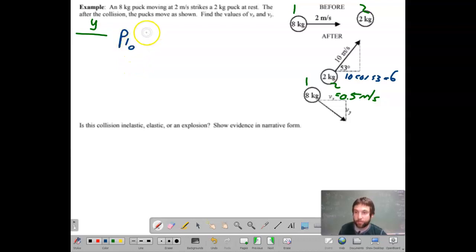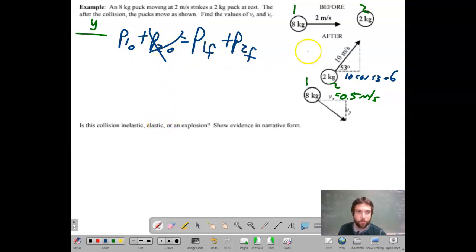So P1 naught plus P2 naught equals, and you can skip forward on this because it's the same exact thing that we just did. Just plug in your numbers and check yourselves. But if you're still unsure, I'm going to go through it again. That goes away because object 2 is at rest. We're looking for the final velocity in the y for object 1. We're going to find that in this term. So when we subtract P2F,